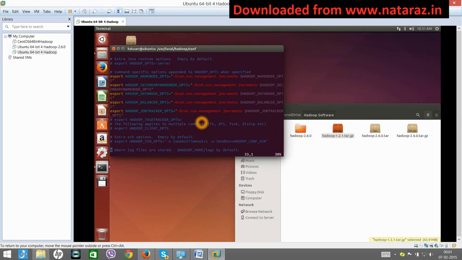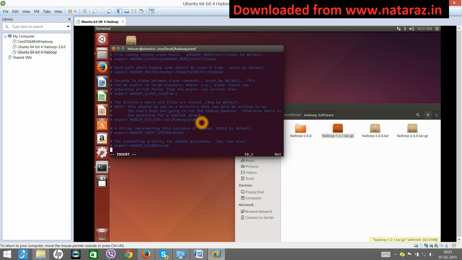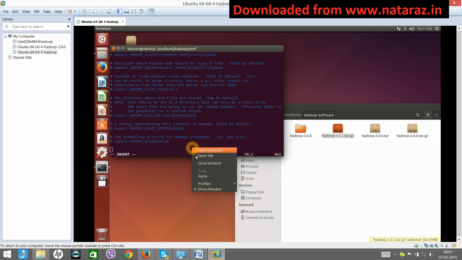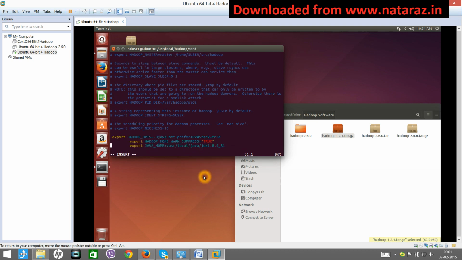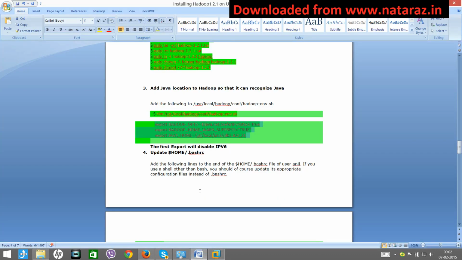Let's go a bit down. Say I for insert, go to the side, enter, right click and say paste. Okay, you can take it on the same line. Then you say escape. See, I have given this location as per my Java setting. If you have installed Java in some other location, you have to change the setting similarly. So escape, :wq. Done.